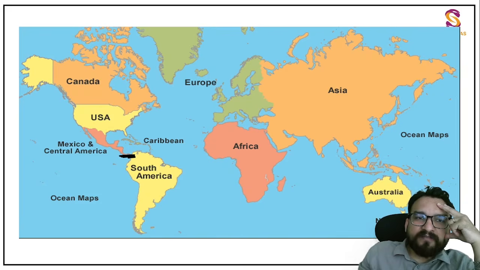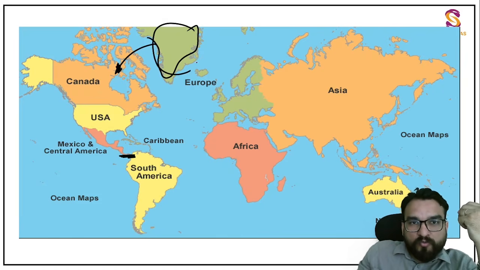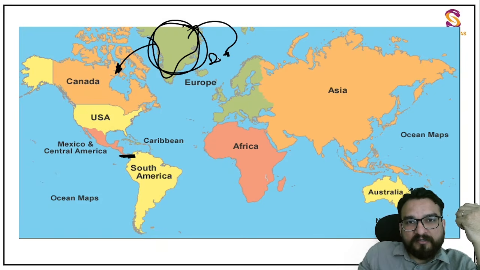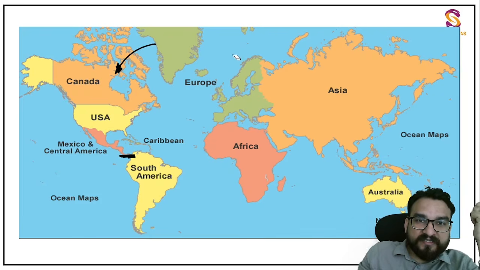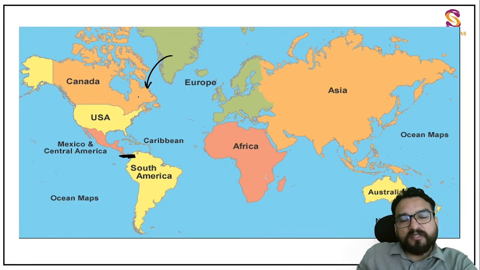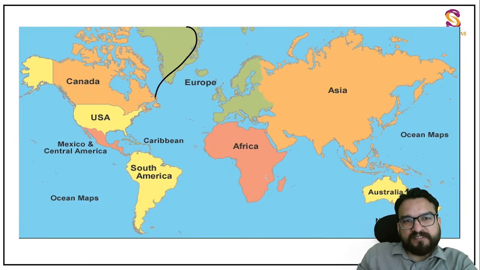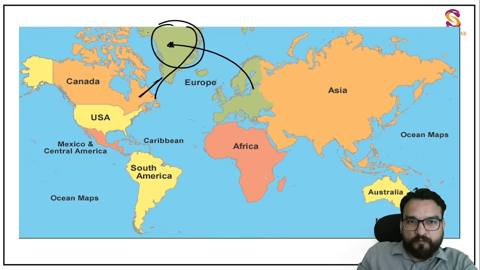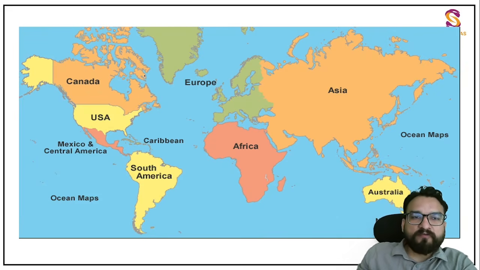So Greenland, basically this landmass, is a part of the North America continent, but the overall political hold is of which country? Denmark, right? So it is a European country, but this is not in Europe. This is in your North American continent. So geographically, this landmass is a part of North America, but politically this particular hold is of Europe. I hope you have understood this.